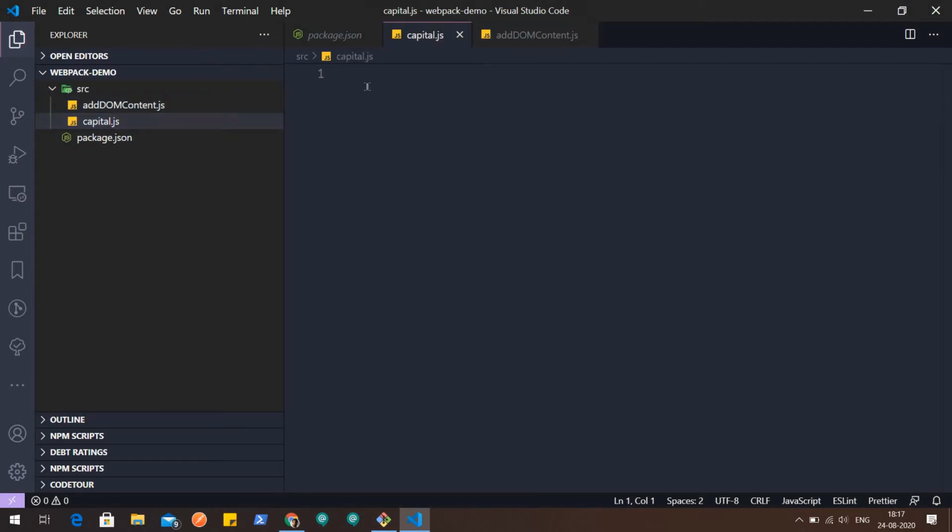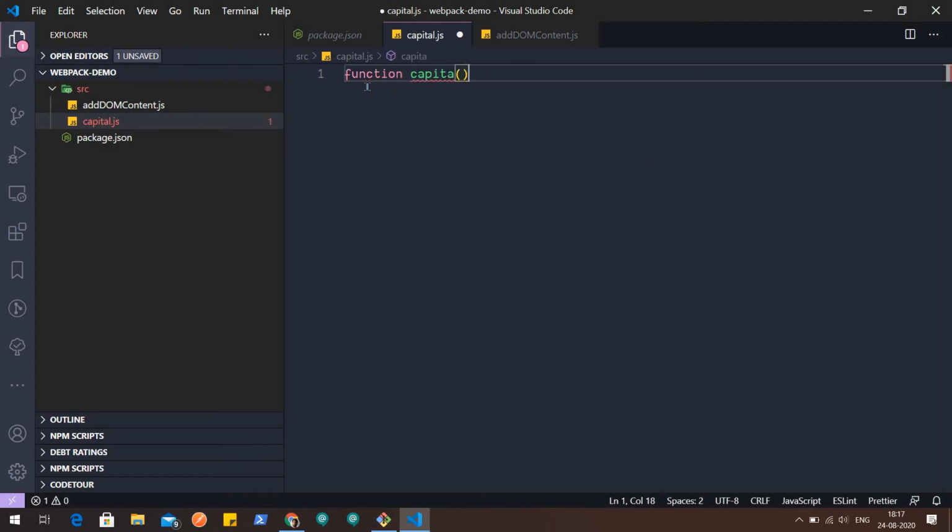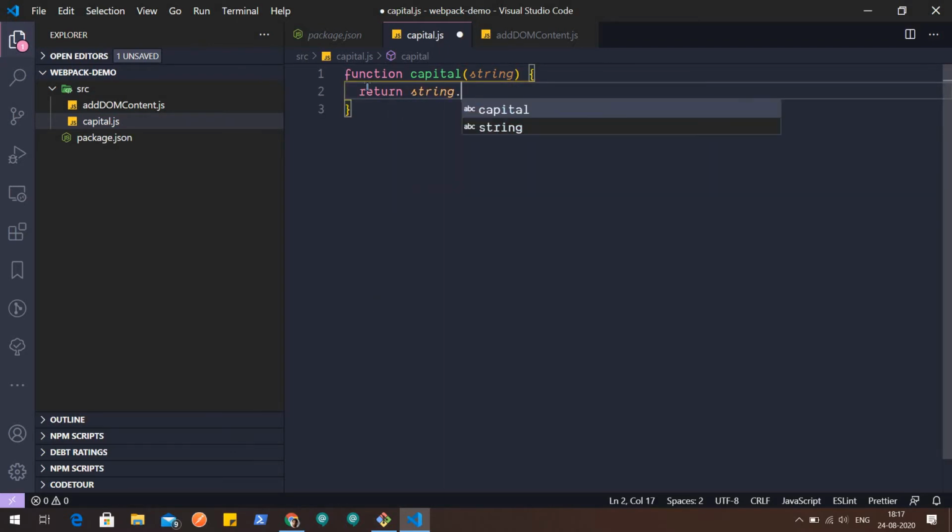So we are using ES6 modules to import and export, and browsers don't understand ES6 modules like that. So that's why we need to use a bundler like Webpack, which basically bundles all our code, all our modules, and generates a single file which we can directly use in the web page. So the capital function is going to take a string and return a capitalized string. So get the substring,